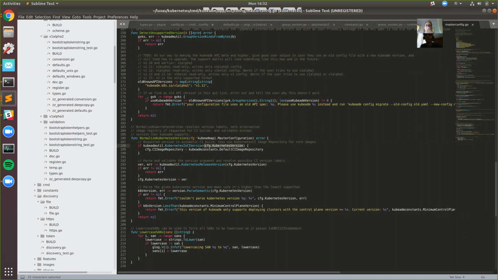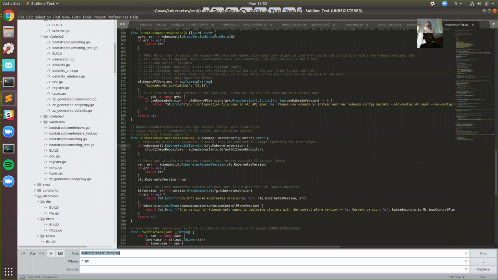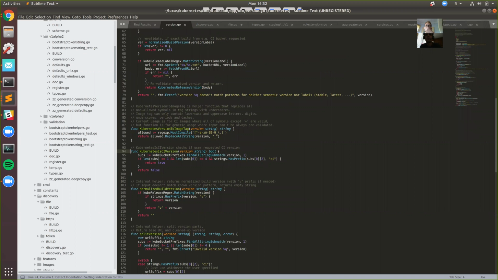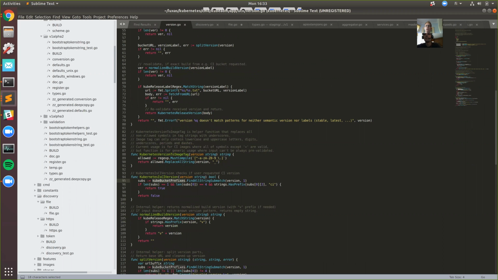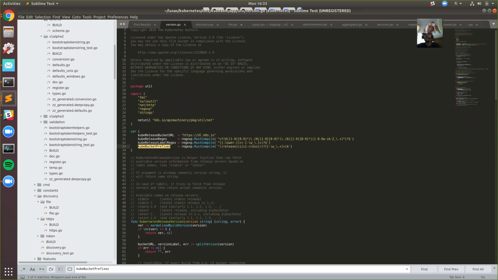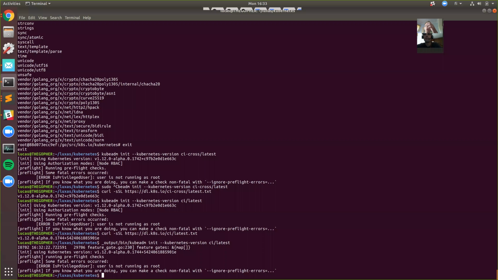whether this Kubernetes version is a CI version. I could show this. Basically, it's using a regex, and if it has CI in the front as a version label, it's going to return that. It's going to say it's a CI version, and if that's the case, it's going to talk to the internet and ask what the latest CI version is, because there are images pushed